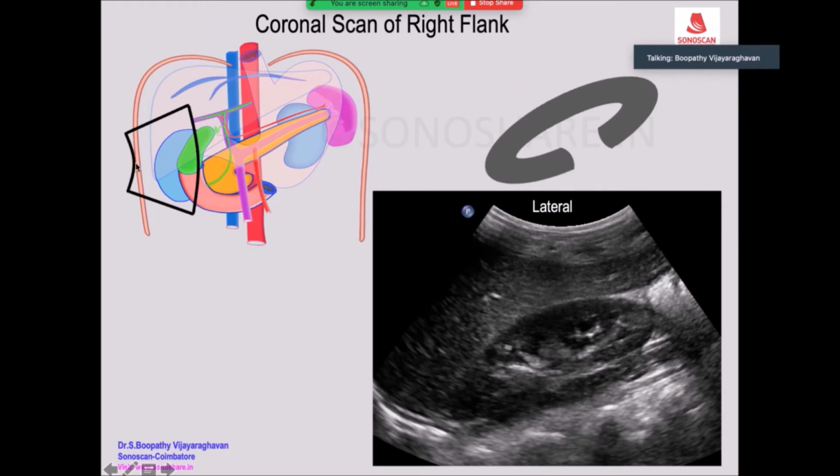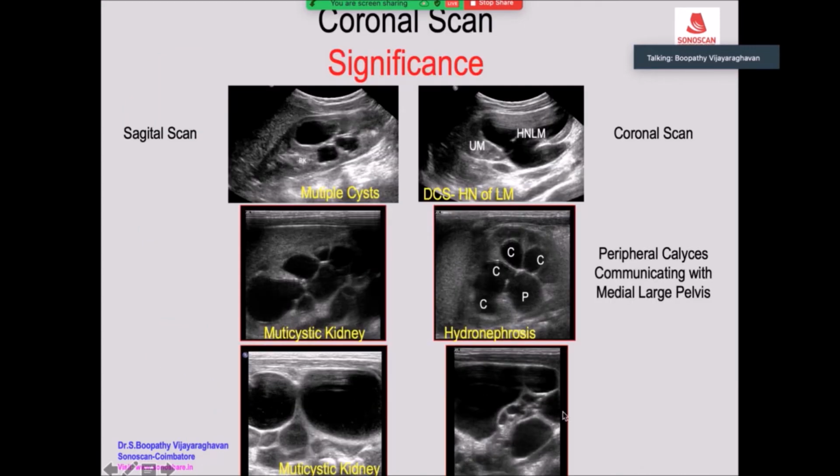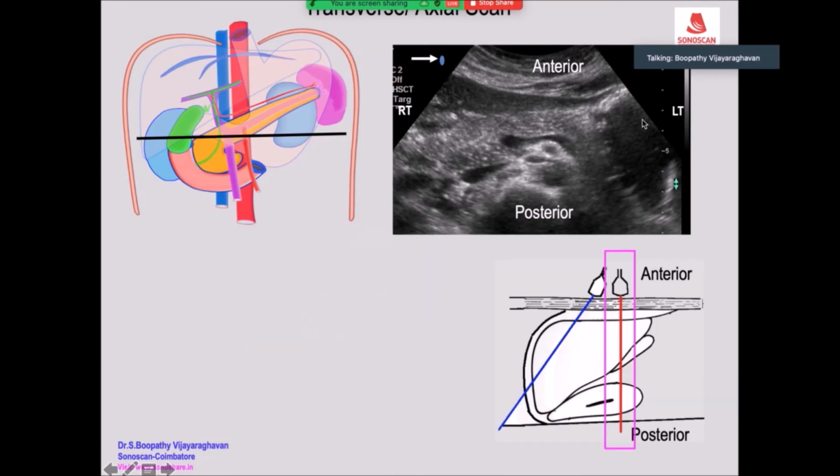We are placing the transducer laterally, so this will be lateral and this will be medial. So when you place the sagittal scan from the anterior aspect, this will be the anterior muscle, because it is bulky. It takes the lower pole of the kidney laterally. Why is it important? If this relationship is not seen, if the lower pole is at the level of the same appearance is maintained, what do you see? You see multiple cysts of varying size, and they are non-communicating, right and left in transverse scan.